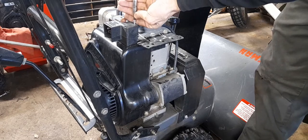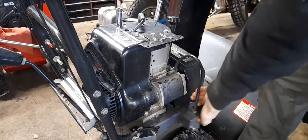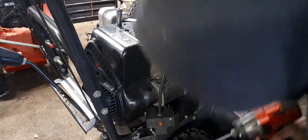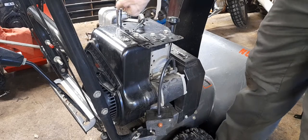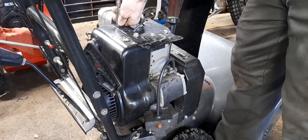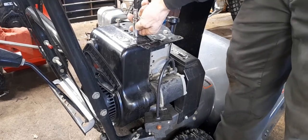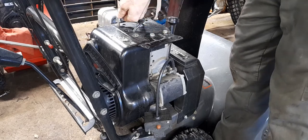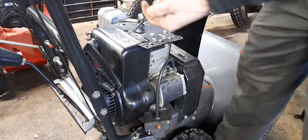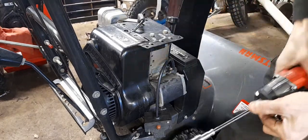system here on the top. Put that aside. Take your Phillips head off. Get out your 1/2 inch, and take out your 2 top bolts, which honestly, if I remember correctly, this one doesn't look like it, but I've pulled these apart on